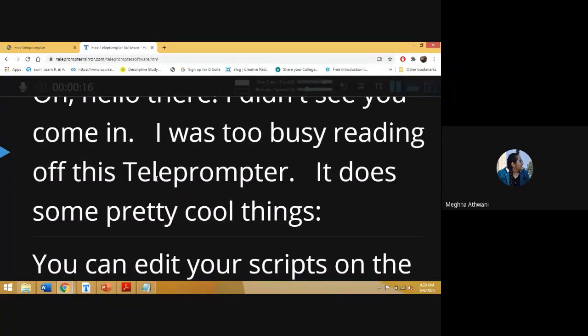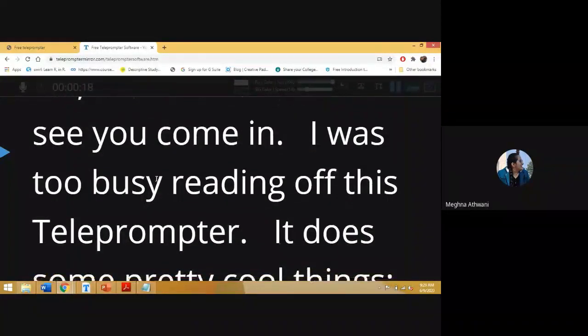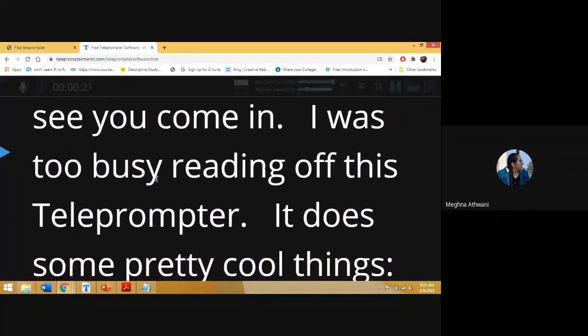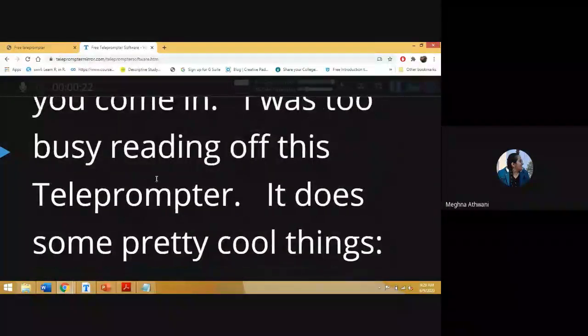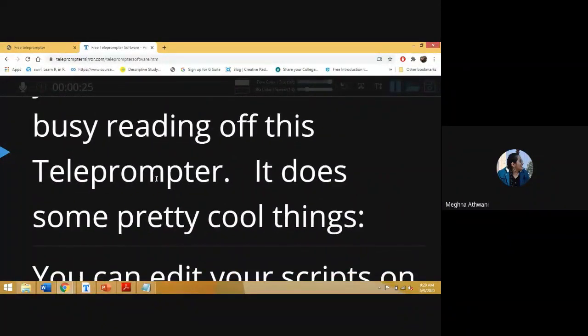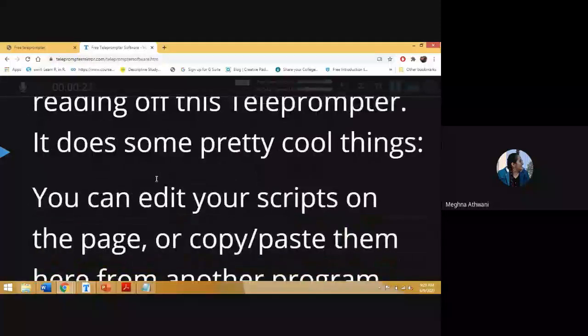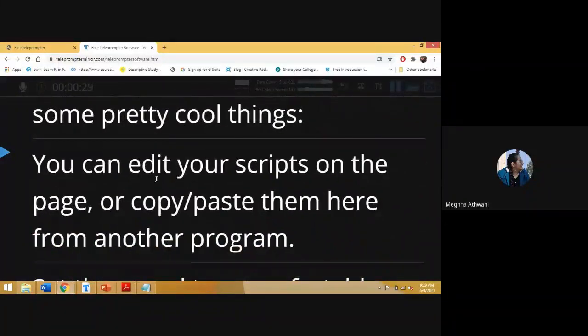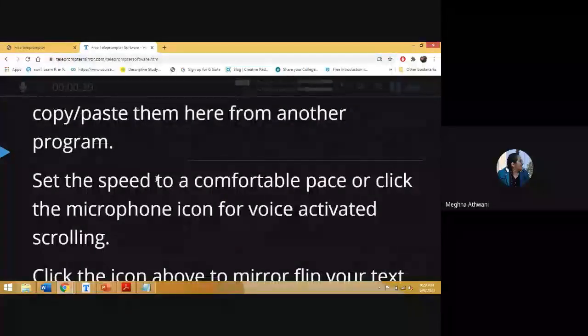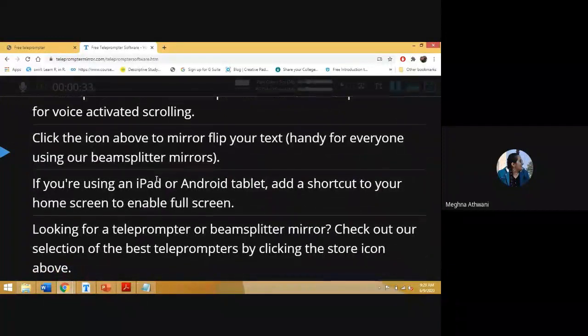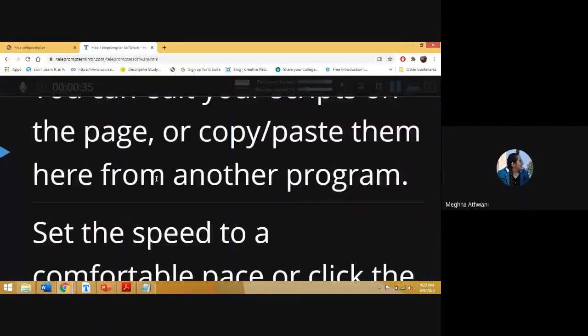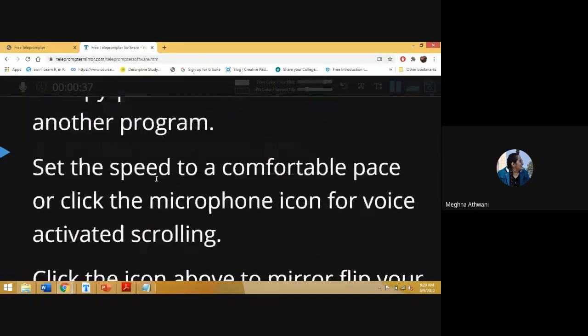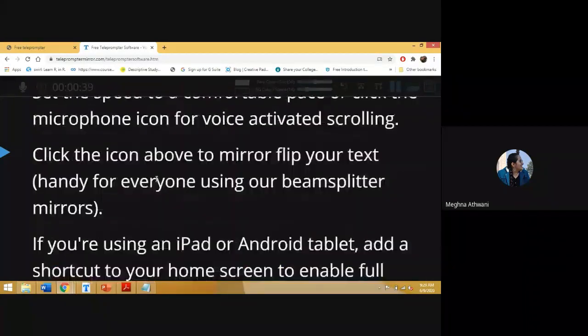See, I am pressing the up key and the font is increasing. I am pressing the down key, the font is decreasing. Up key, down key.